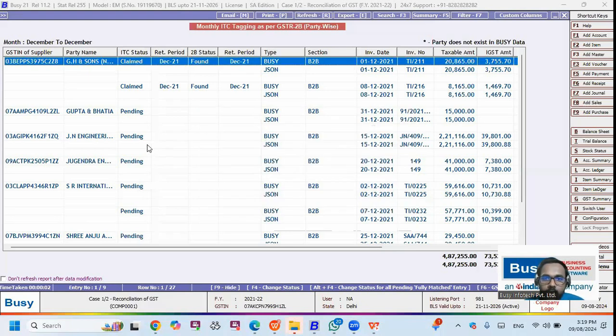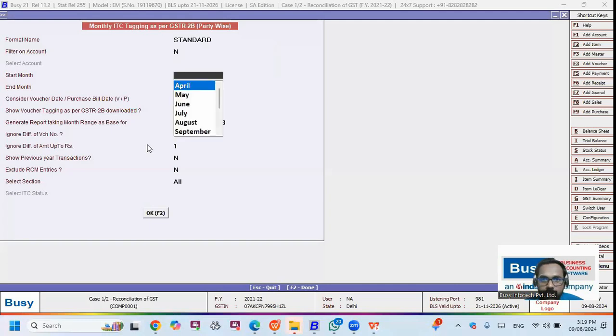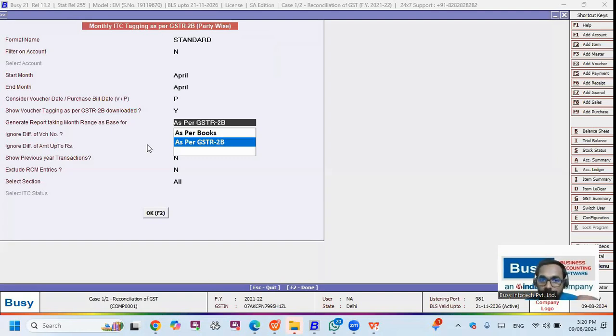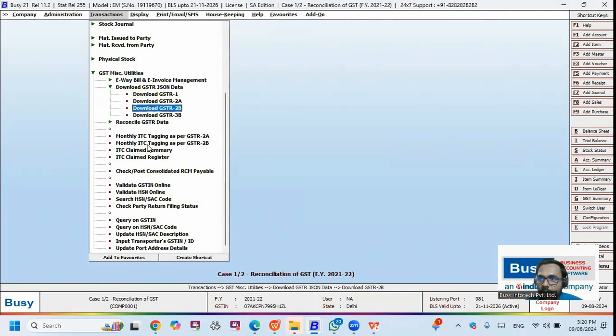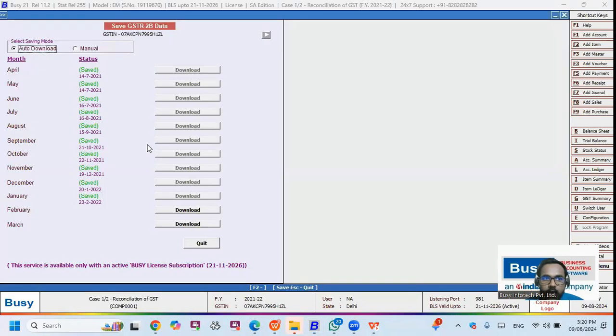In this way, based on the GSTR 2B data, we are able to update our ITC status in Busy. Even in this particular ITC tagging procedure, you should have some other way to do that. That is by selecting the month also. And you should select here generate report taking month range as based for the book data or 2B data. As per the book data means whatever the data that was already downloaded by your side from the government portal. That is our download GSTR 2B tool that I already told you. So in this tool, if you are using, some data will already be saved here. That should be considered as